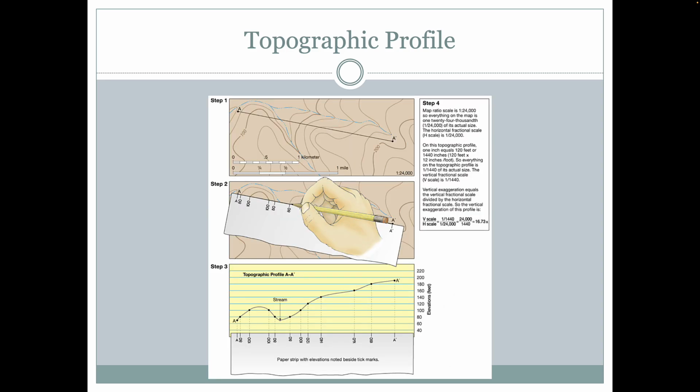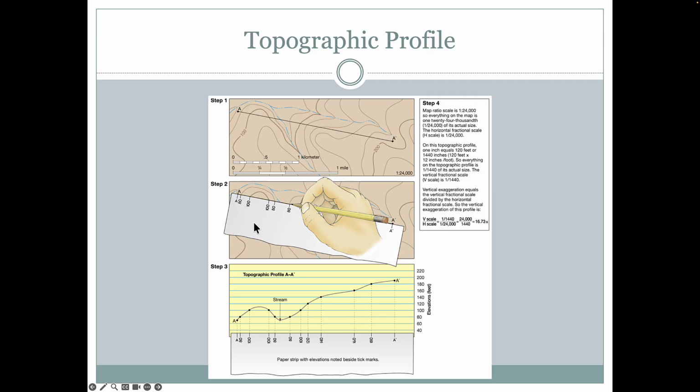So how would we do this? It would involve several different steps. The first step is to decide on what line you would like to see that topographic profile along. Think of this as where you're cutting into the earth so that you can look at it from the side. Once you've got your A to A prime line on there,